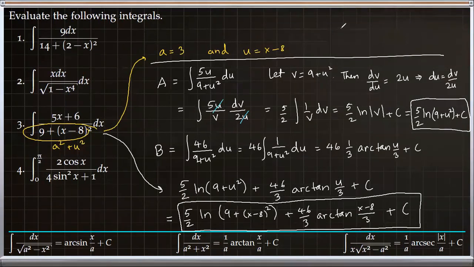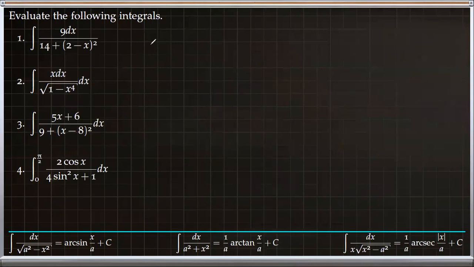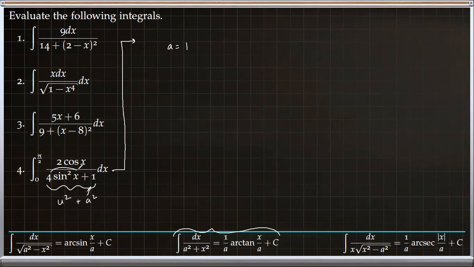Let's look at the next example now. Number 4. This is a definite integral. Now to find the antiderivative of this function, again, we try to compare with one of these given formulas, and it looks closest to the second one. So we will let a be 1 because we want to write this as u squared plus a squared. So our a squared will be 1 squared, so a is 1. And our u squared is this whole thing. So we'll let u be